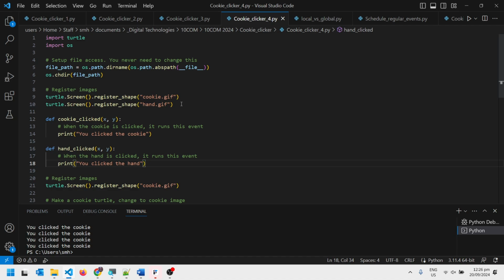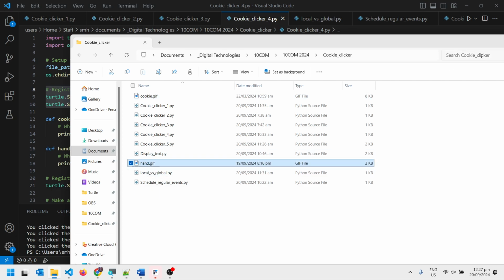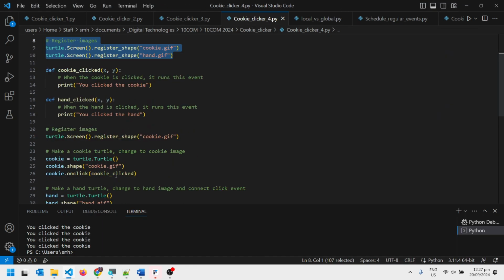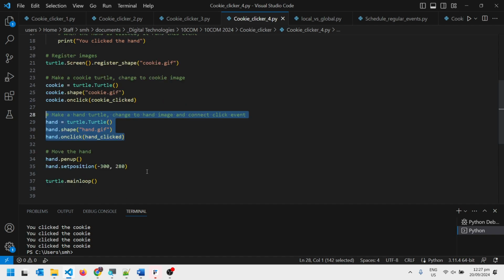Now the extension that we're going to go from there is to have two things on the screen. So you can see I've registered two separate images. Look in the folder, I've got cookie.gif and I've got hand.gif, and then each one of those is set up exactly the same. There's no difference in these three lines here, you can see it's exactly the same, but I'm calling it hand instead of cookie. And I do move the hand because it puts them both right in the middle of the screen by default. So I say the pen up so it doesn't draw a line, and then I change its position,